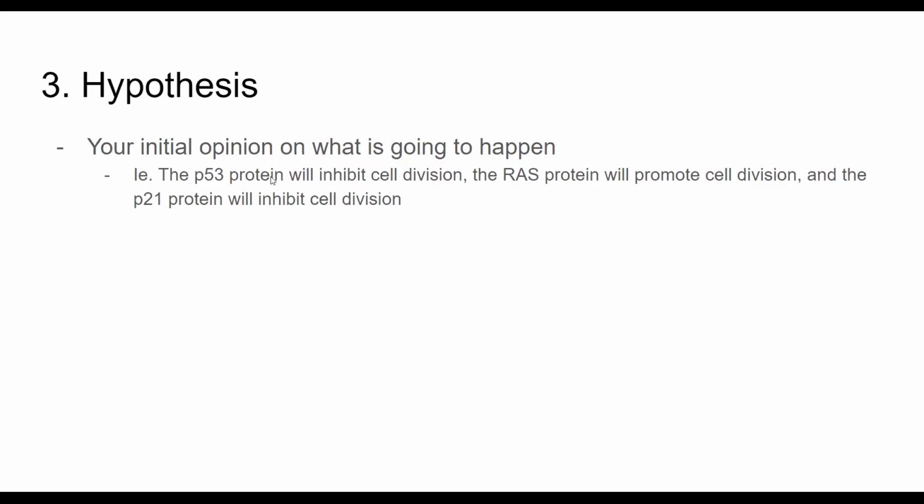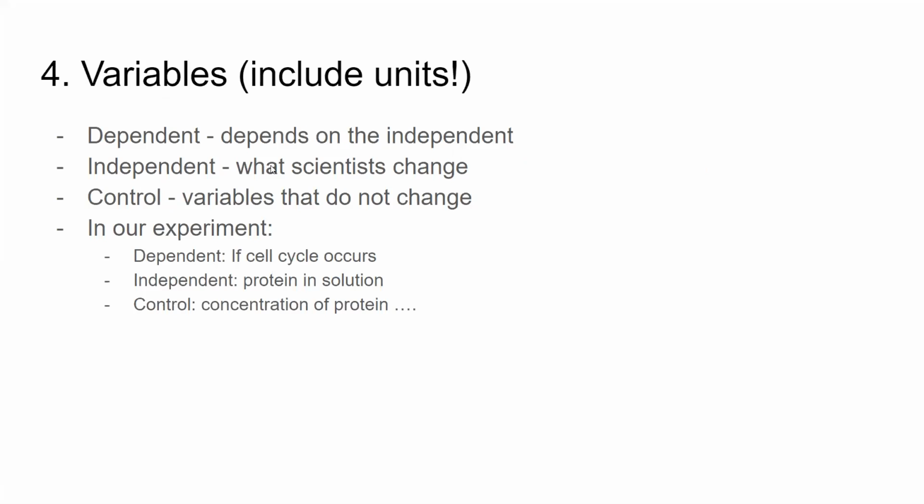Okay, so next we have variables. Variables are really, really important. And there's 3 types. You have the dependent variables, independent variables, and then you have your control. A good way to remember the difference between dependent and independent is that dependent depends on the independent. So in our experiment with the proteins and the cell cycle, we're going to be changing